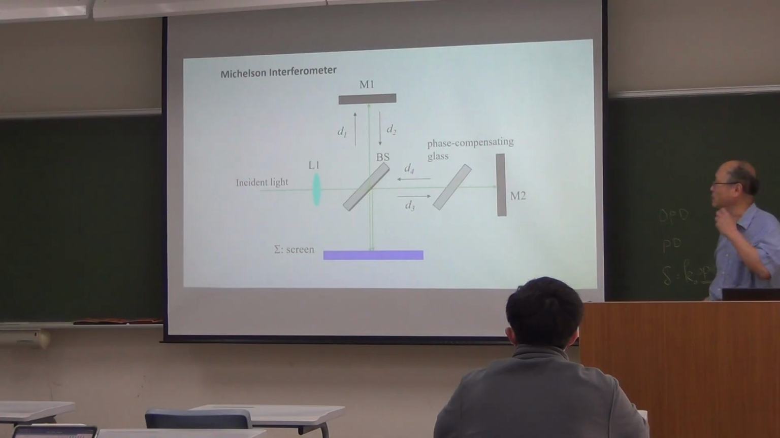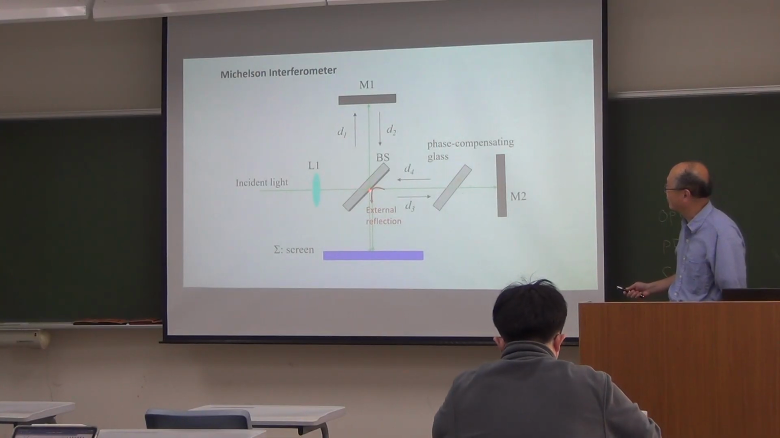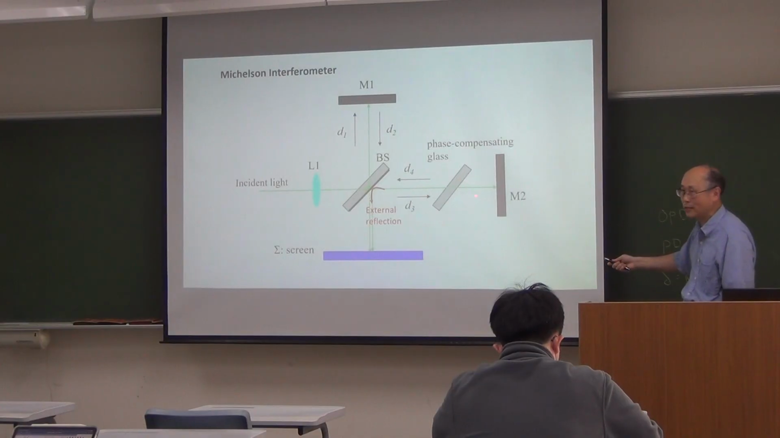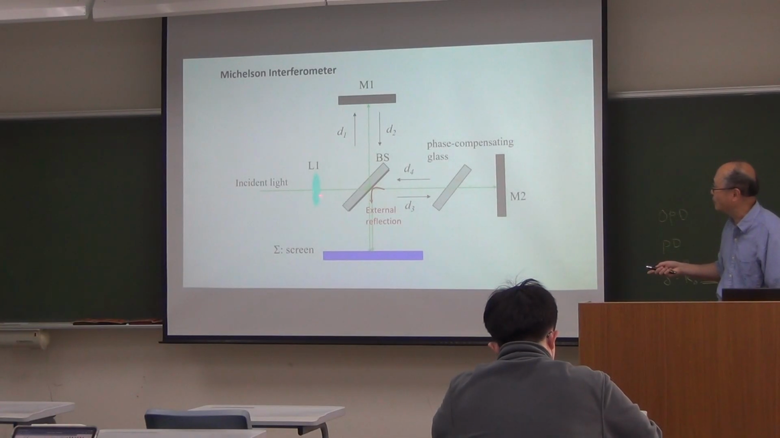Okay, so this is the reason that we put this phase compensating glass here. Now we need to be careful about additional phase accumulated from this reflection. There's an external reflection at this point, and then there's an internal reflection at this point. So the optical path difference is the same with this compensating glass, but the optical phase difference would have an additional pi